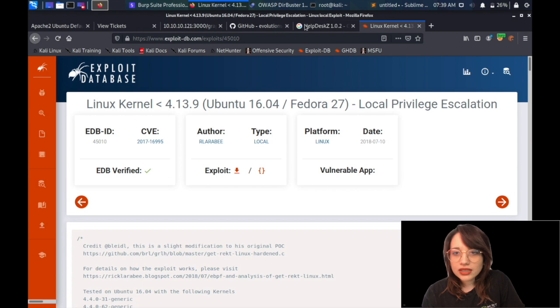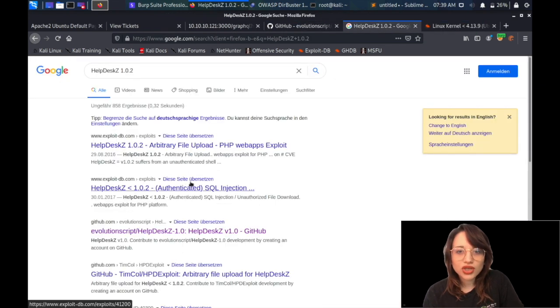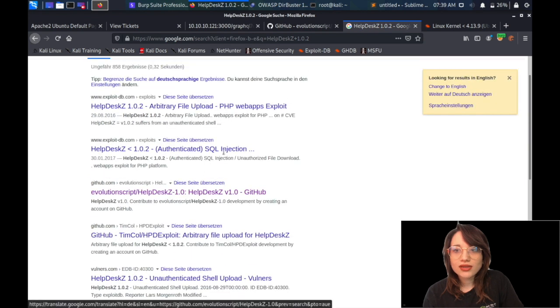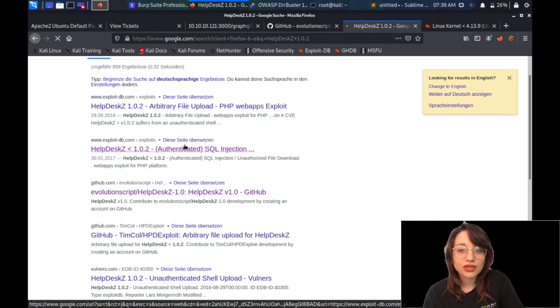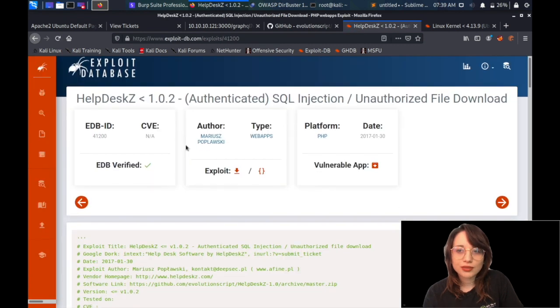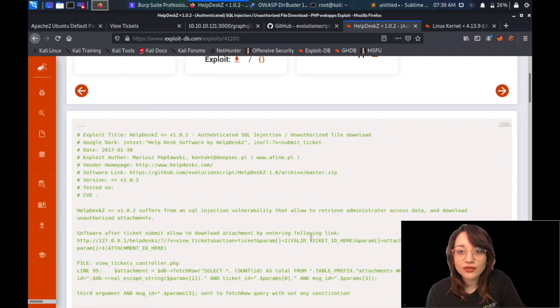All right, cleaning the screens a bit. I'm interested in this authenticated SQL injection. I'm checking Exploit-DB for what kind of exploit I need to use there. And it will show us the endpoint and the request that you need to send in order to exploit it as SQL injection. It's an unauthorized file download, and it happens after you submit a ticket and when you're trying to